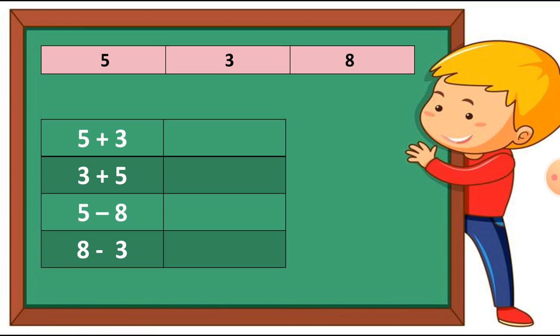So here are the family numbers, which are 5, 3 and 8. These 3 are the family numbers. So in this family, what should we do? 2 time addition, 2 time add the numbers and 2 time cut the numbers. Understood? I repeat this. 2 time add the numbers and 2 time cut the numbers, and the answer will come from these 3 numbers. Okay, the number will not change.